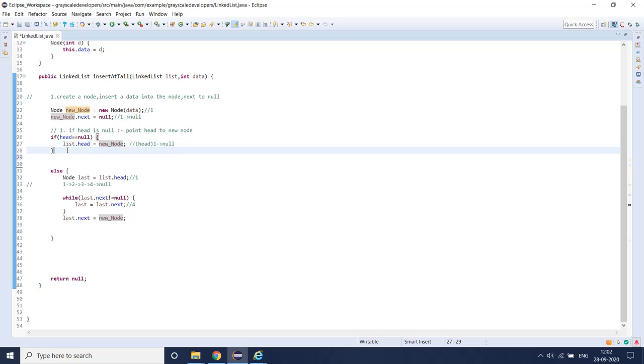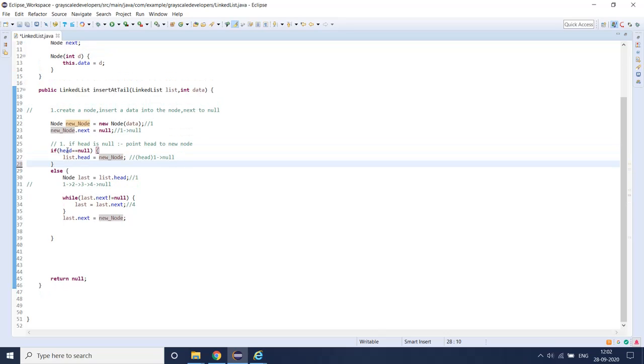Second condition is, it already has data. For example, I am having one linked list, already it is having 3-4 datas. Then I have to insert one data. For example, already I showed it here. So I am having a linked list with the nodes 1, 2, 3, 4. So now I have to insert 5. I want to insert 5. Then I have to traverse from head. So for that purpose, I am just assigning head to the last node, and I am traversing from head.